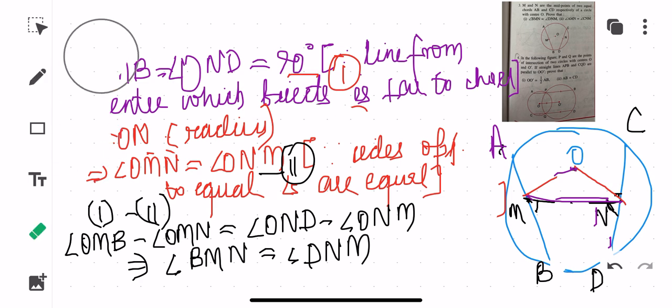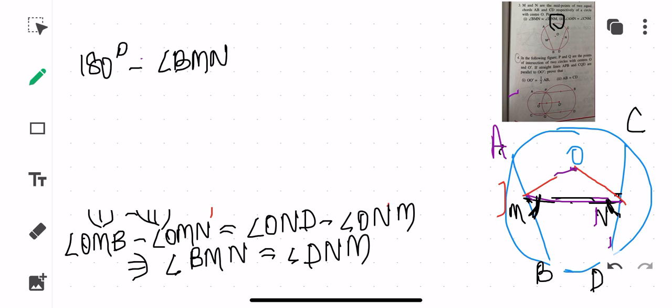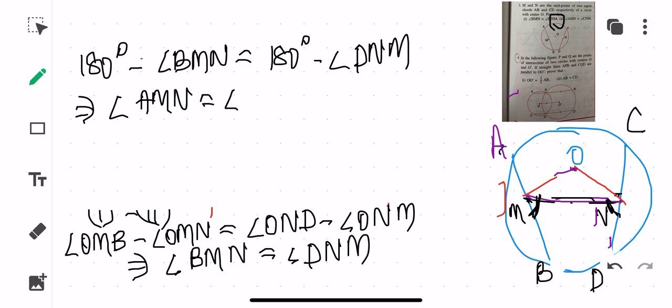Now if you look at the second sub question, children, I'll be telling you how to do it so that you can take it as homework. So this second sub question I'm marking as homework. Since you are proving that this angle is equal to this angle, then you will be writing 180 degrees minus angle BMN is equal to 180 degrees minus angle DNM, just subtracting both the sides from 180 degrees. So if you subtract, you are left with AMN. That AMN will be equal to angle CNM. So you will be writing this properly, and in this way this particular sum can be done.